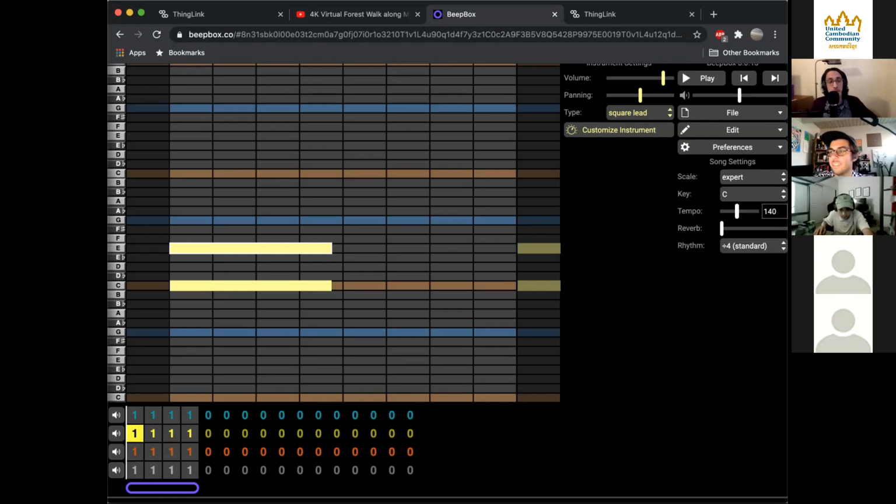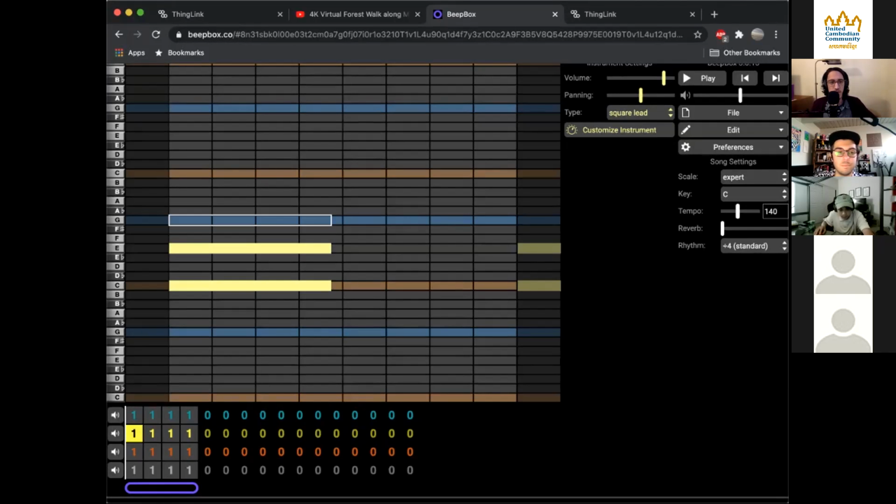Okay, so for our third and final note in the major chord, we're going to go above this E note. We're going to go 1, 2, 3. So we should be landing on that blue line. If everything is all good, it should be a C, an E, and a G. And it should sound like that.